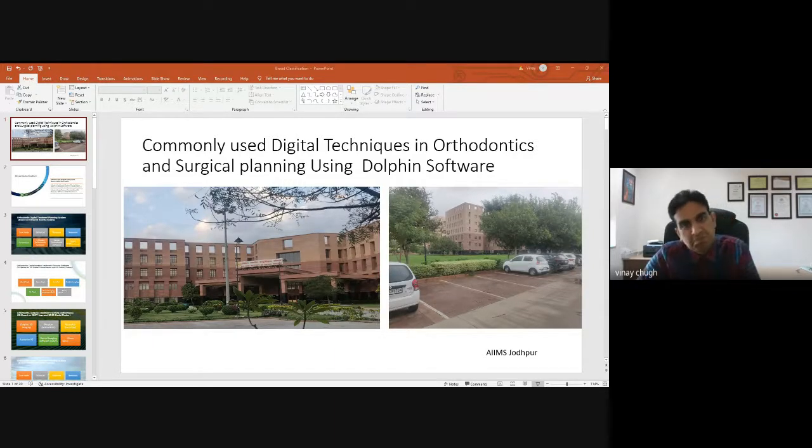There is a plethora of software in the market, and the market is full of them. These are a few commonly used ones based on intraoral scans or e-models. There are so many companies; almost every company is now coming with its own software. There is no end to it. But most of them have some common things, and some have something different to make it more attractive for buyers.